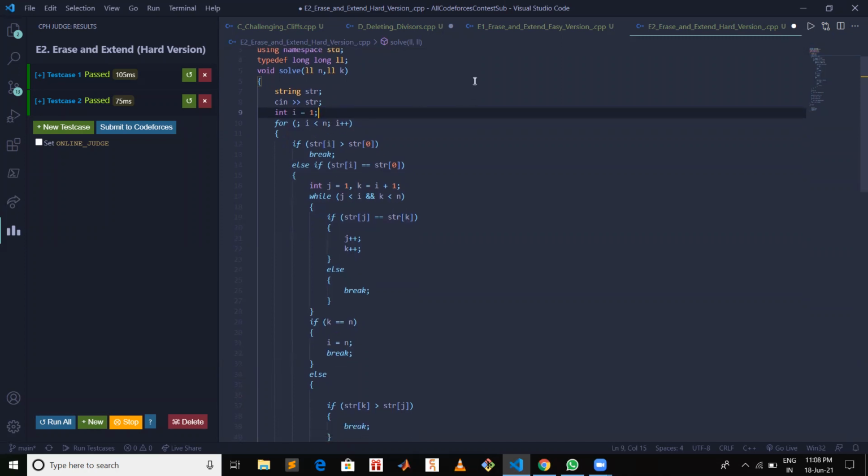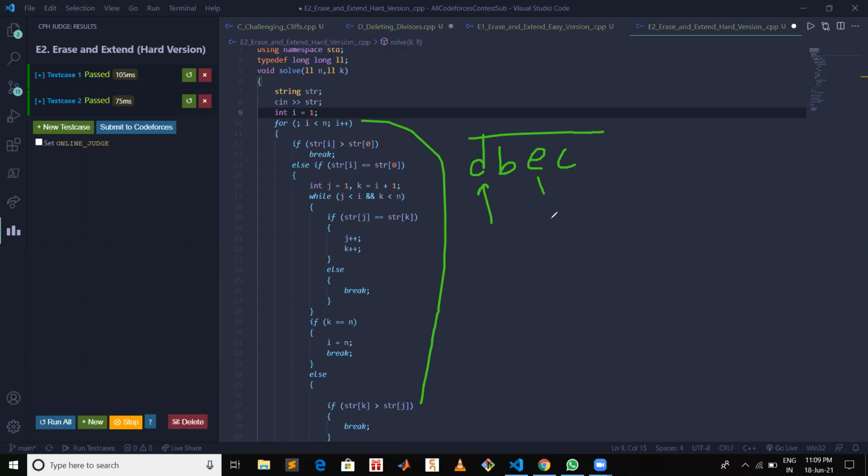Okay, so let's understand this with one small example. If you have a string D, B, E, and C, and I'm iterating on this using this i. If this is the string, after this first loop gets finished, my i will be at this position.